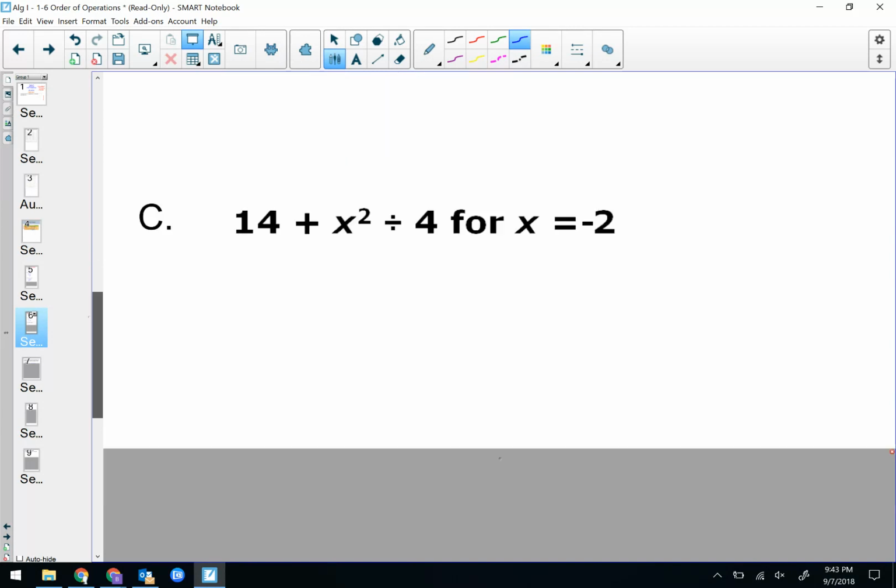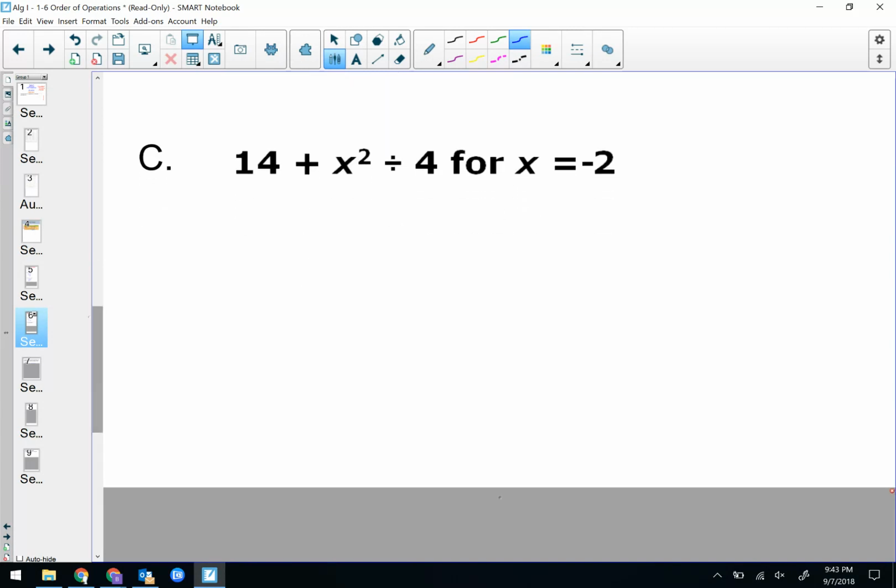Do the same thing here. Actually, you know what? Don't do that just quite yet. I want to show you how to plug it in first, and then I'll let you pause and go ahead. 14 plus. Now, whenever you're plugging in a negative here, and it's extremely important when you see an exponent